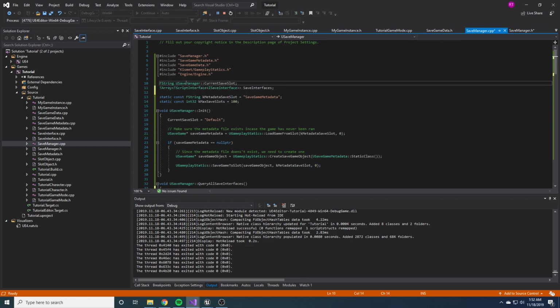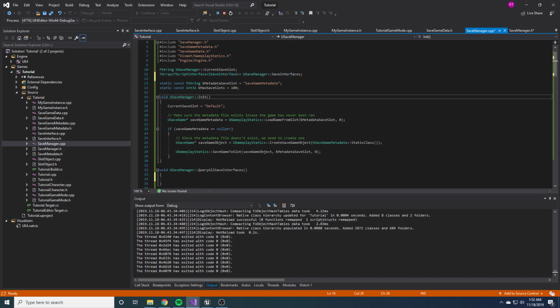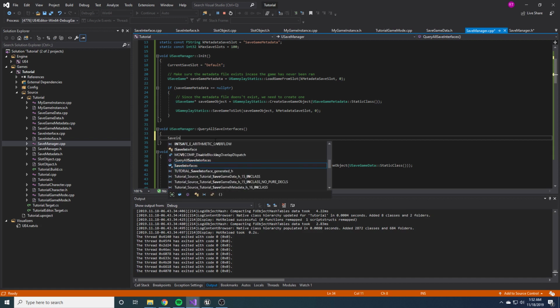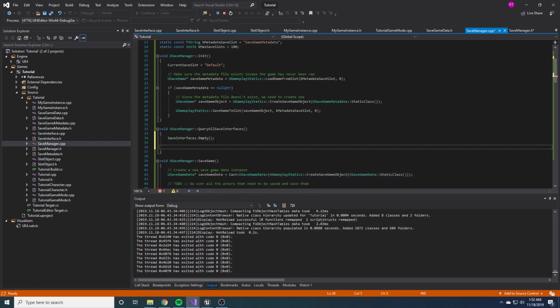So get rid of static, and then scope it in, and that way we won't get that compiler error that we got last time. Okay, so now that we have that, we can start writing this function. The first thing we want to do is clear this, because if you're running it through the editor, every time you run the game, you want to make sure that you clear this so that if you added more actors to